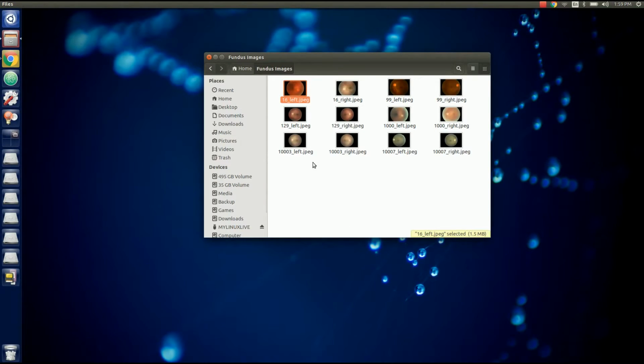So notice that the name of the image should be a number followed by the left and then the number followed by the right as 2 separate images. This is so that the network can differentiate artifacts from microaneurysms. Microaneurysms are pretty important in detecting early stages of diabetic retinopathy. So make sure you give the test folder both the left and the right images. So I'll just copy all this